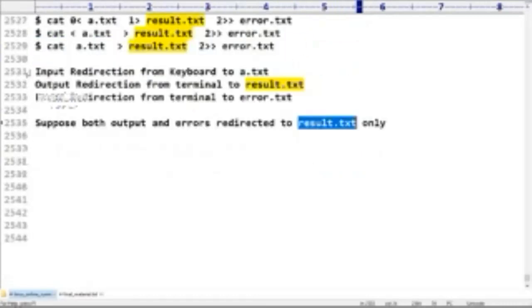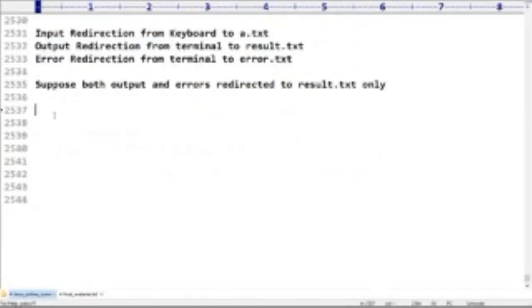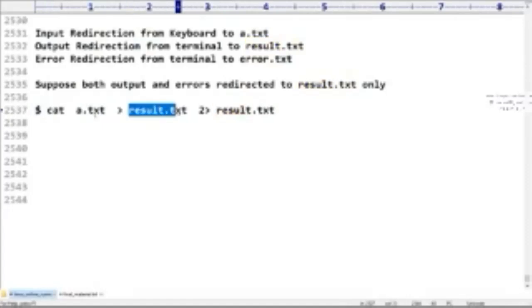So what do we normally have to take, sir? Observe that normally we have to take, assume here also append mode, result.txt, and in this case also result.txt. Is it acceptable or not? Can you please confirm? Is it going to fulfill my requirement or not? Yes. Definitely. But the destination is always the same, so why do you have to provide it two times?